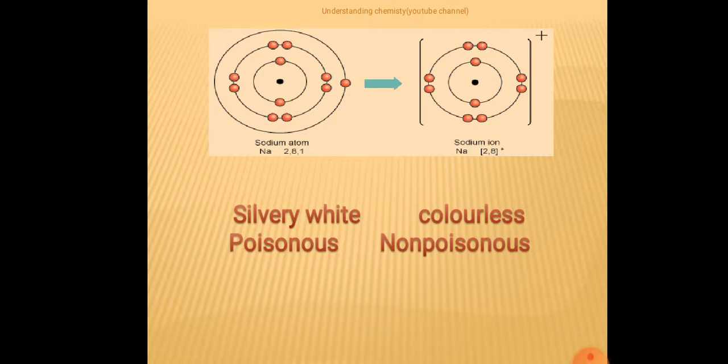What is the reason for its inactivity? Because it has got the complete outermost shell. So, cations become inactive whereas the atoms are very much active. Which is having the charge? Sodium atom is neutral whereas the cation is positively charged. How does the sodium atom exist? Sodium atom cannot exist independently because it has to lose its electron. So, it will always exist in the combined state, whereas sodium cation, because it has a stable configuration, can have independent existence.